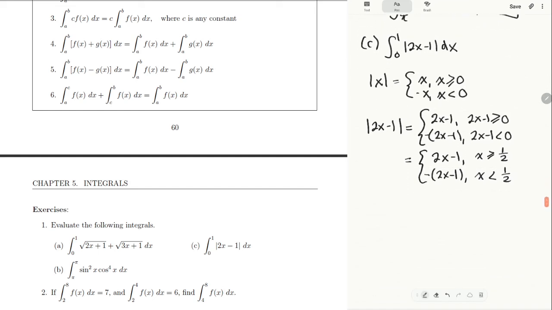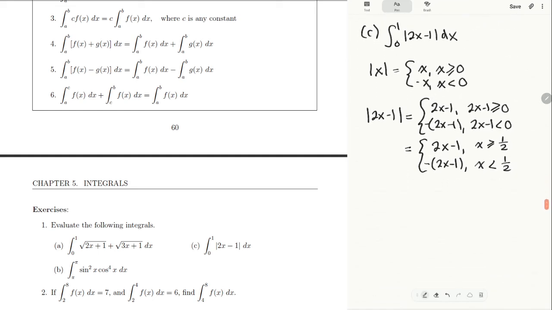So notice that the absolute value of 2x minus 1 will be a different function if we're working with x greater than or equal to 1/2, or when we're working with x being less than 1/2. And since we're integrating between 0 and 1, we need to split the integral